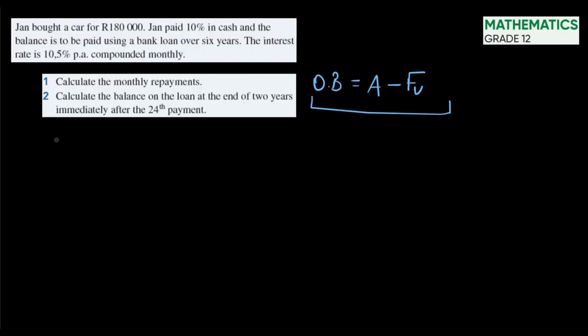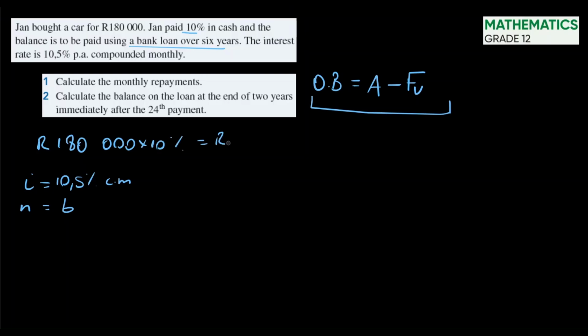solve outstanding balance questions. So John bought a car for 180,000 and John paid 10% in cash, and the balance is to be paid using a bank loan over 6 years. Interest rate is 10.5% per annum, compounded monthly. We know, as they mentioned, that it's to be paid over 6 years. But we need to calculate what the 10% is, because he's going to finance the balance through a bank loan. So let's determine what 10% is here by multiplying this by 10%, and that'll give us